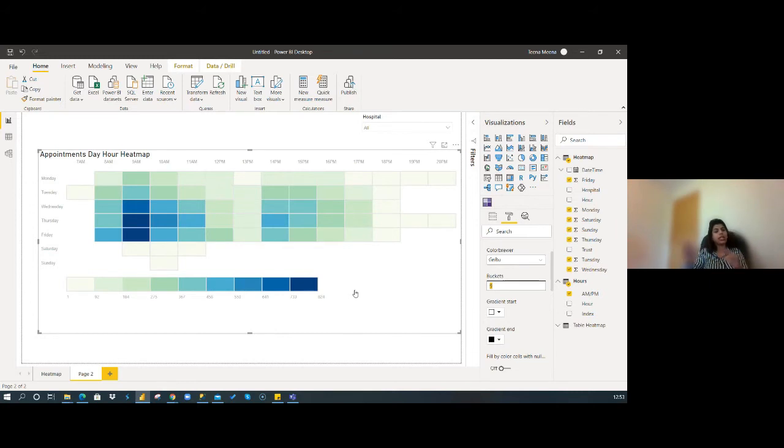But if in your data you have percentage values, then it will show percentages. My data had only total appointments, so it only shows the absolute numbers. Okay, right, I see. So it just breaks the total number of appointments down into the number of buckets you ask it to.